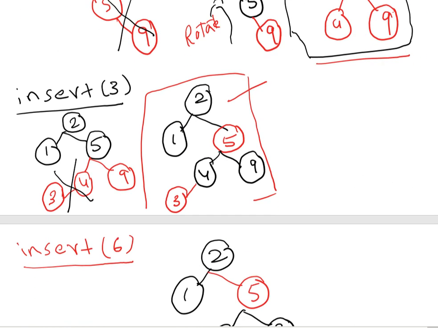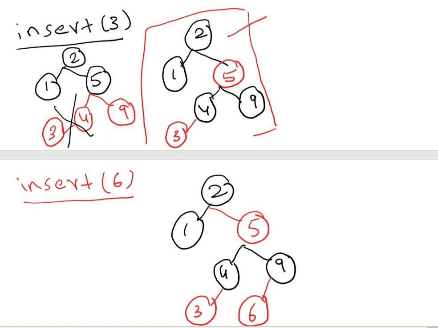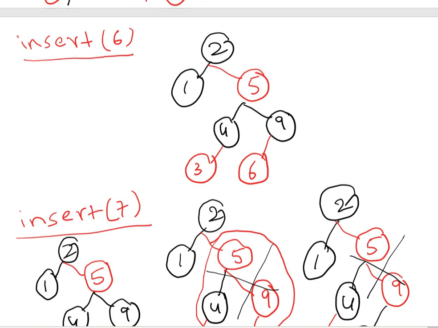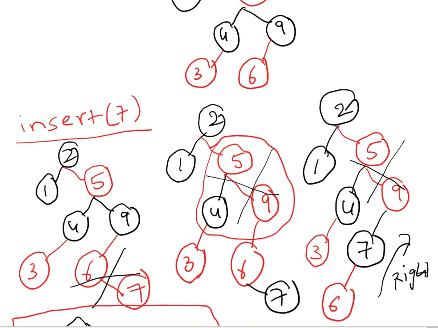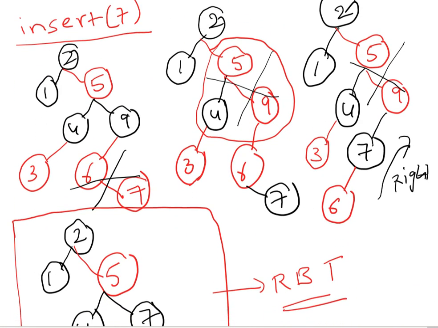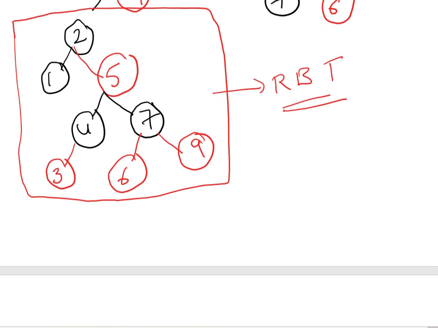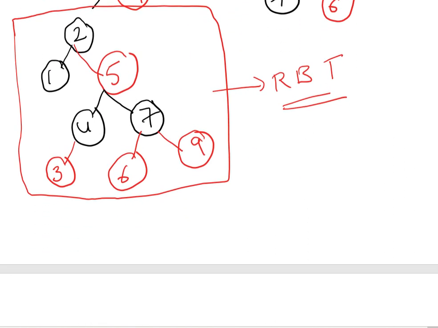True. Then I am inserting 3. 2, 1, 5. Two consecutive reds, not a red black tree. Then I am making it black. Done. I am inserting 6. No changes to the existing tree. It will be left of 7... of the 6. Then 7. For 7 we have seen two cases, which are wrong. Then the final case will be this one. It is perfectly a red black tree. This is how we will perform the insertion operation in the red black tree.